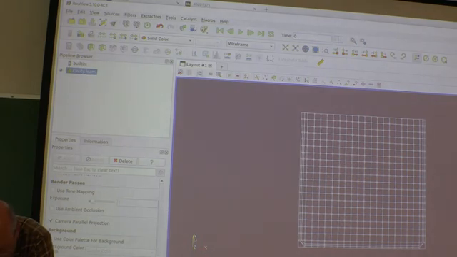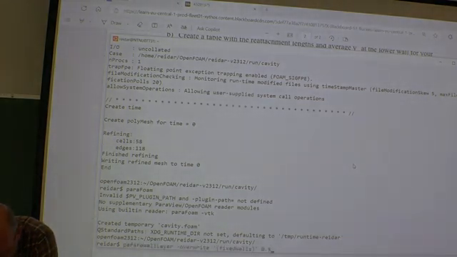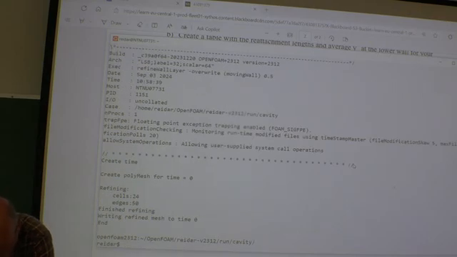Now have a look if I do the same, but now with the moving wall. Moving, it's just one wall, isn't it? Moving wall. That was 1, and that was 2. Now let's have a look at the mesh.